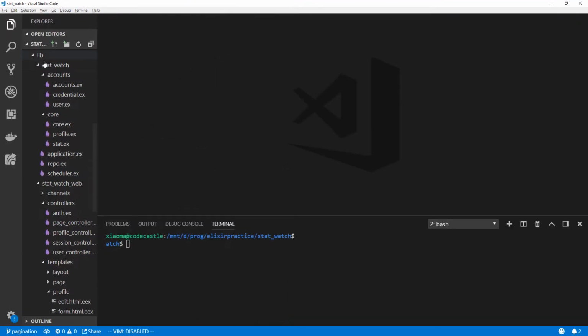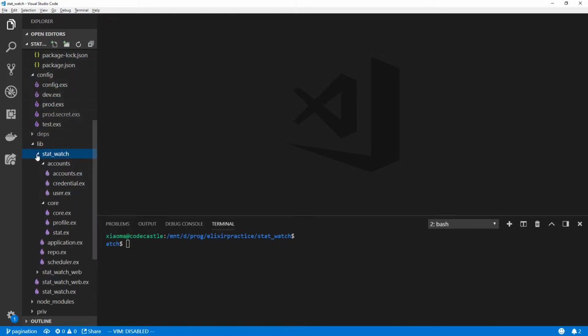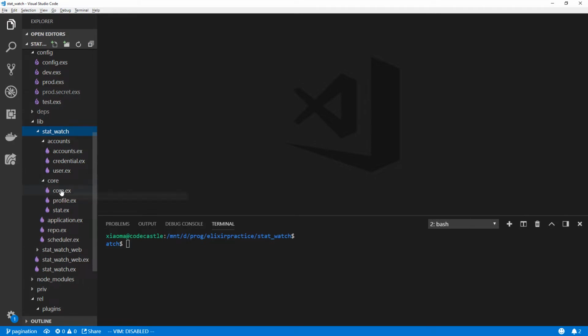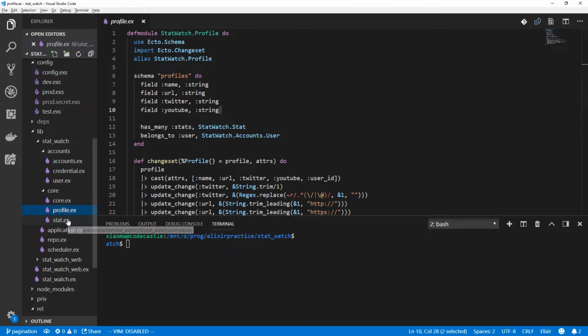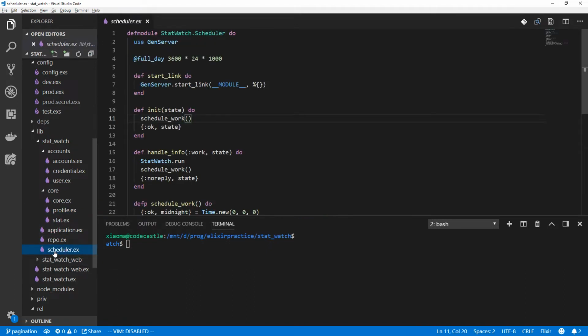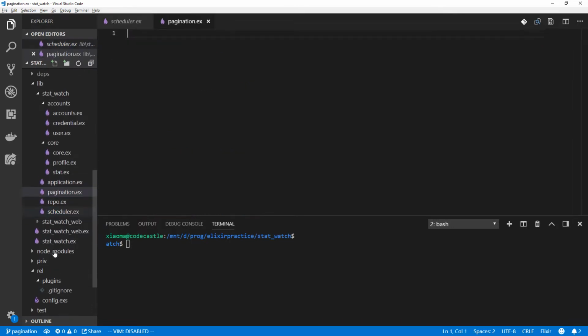So we have our StatWatch project here. We have StatWatch and StatWatch Web. In StatWatch, we have our core context, and core has profiles and stats, and every profile has many stats, as we just saw. We'll make a file at the root level of the StatWatch directory right here, and we'll call the file name pagination.ex, and the module will be